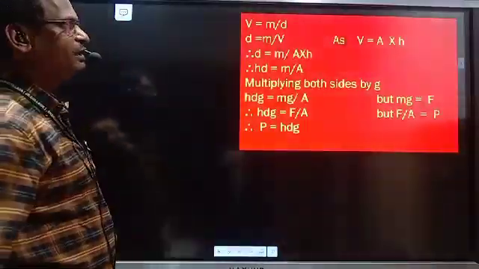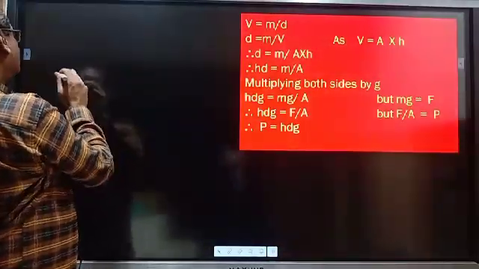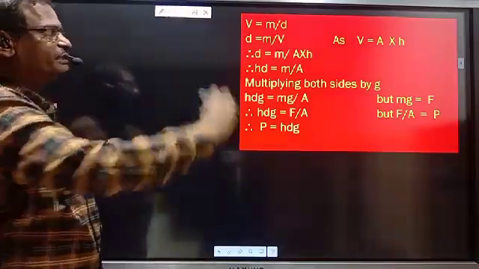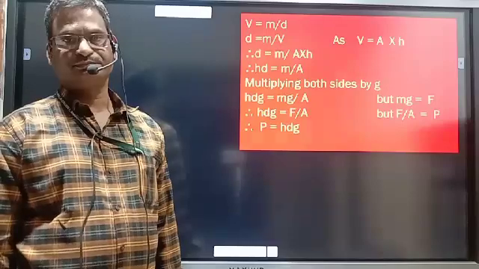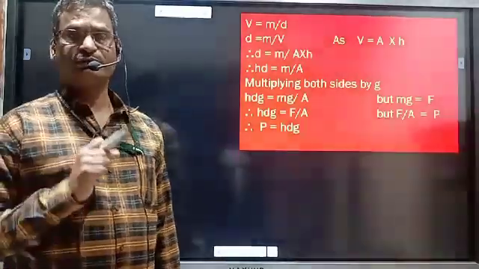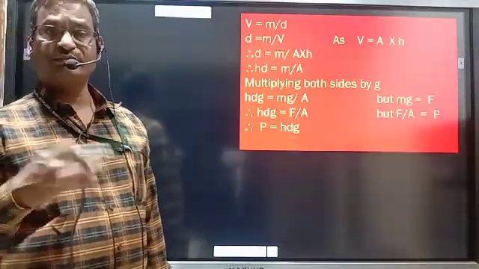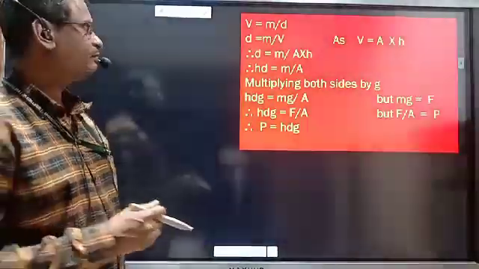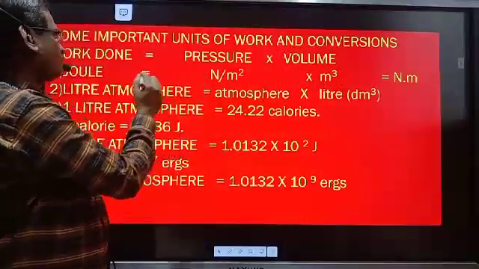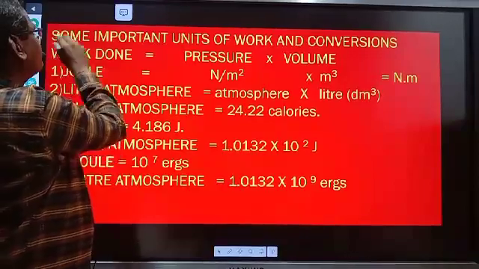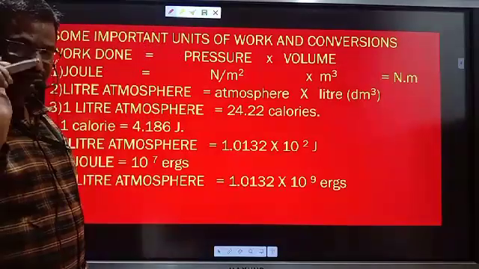Now we are studying the conversion of pressure, how pressure from one unit is converted to pressure in another unit. In the previous slide also, sometimes we have to convert the pressure. If the pressure is given in one unit, we have to convert it into another unit. Why is it necessary? See here.